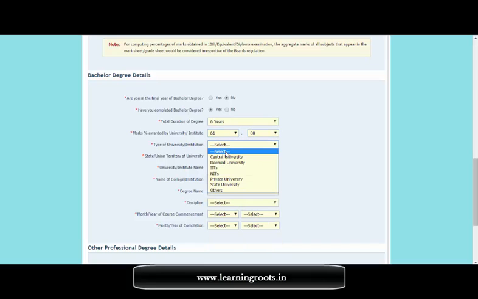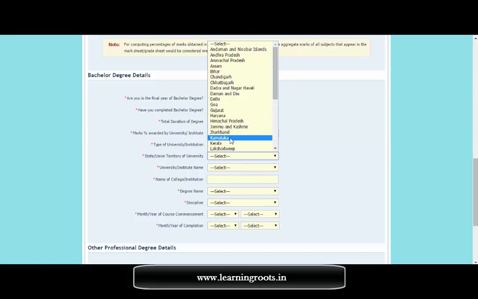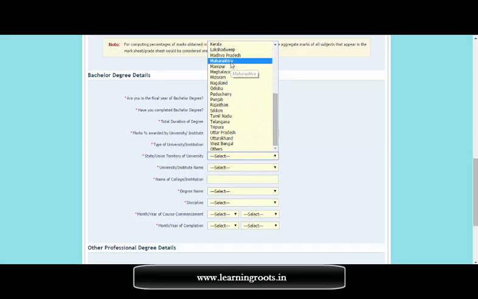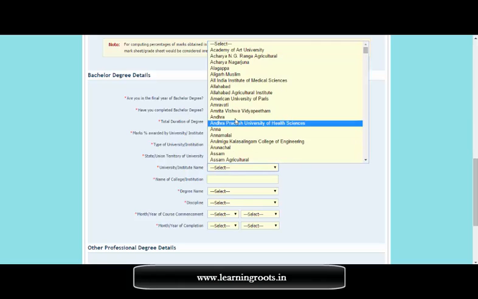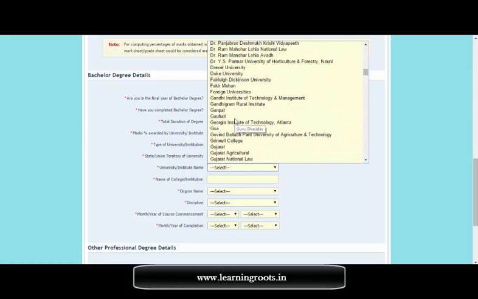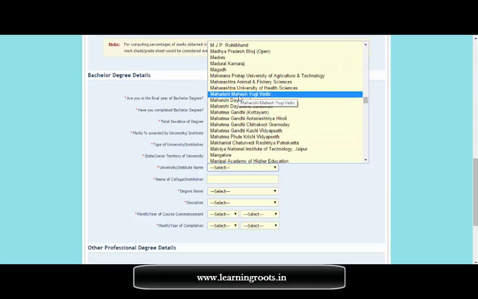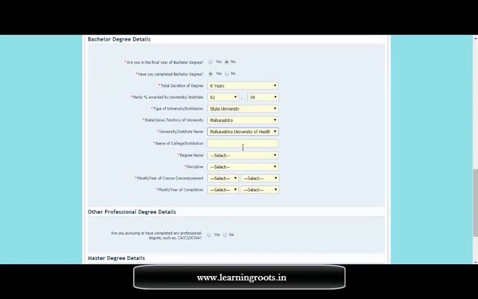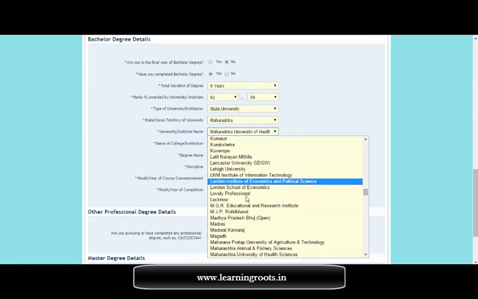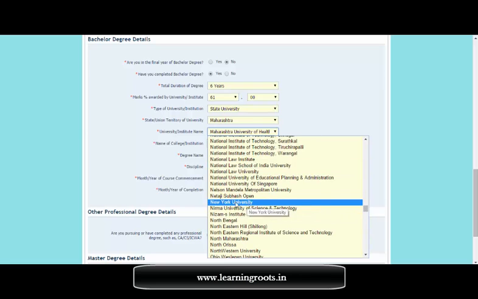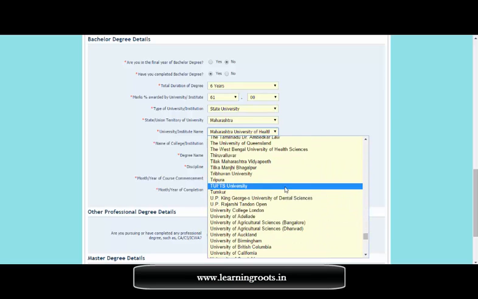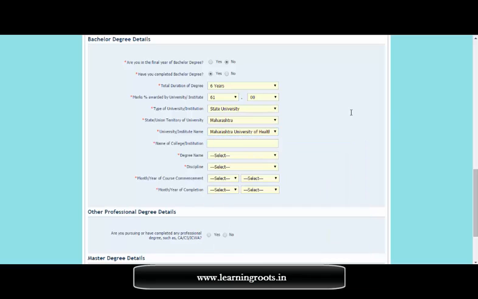So we can simply put in our details here. It could be a central university, deemed university or something else, and it was a state university in my case, the state being Maharashtra. University or institute name, you have a lot of university and institute names here, so it discovers almost everything. And you simply put Maharashtra University of Health Sciences. If it's something else, then all the IITs and everything is covered here. And plus there will be an Others tab too. So this is pretty straightforward. Name of college was